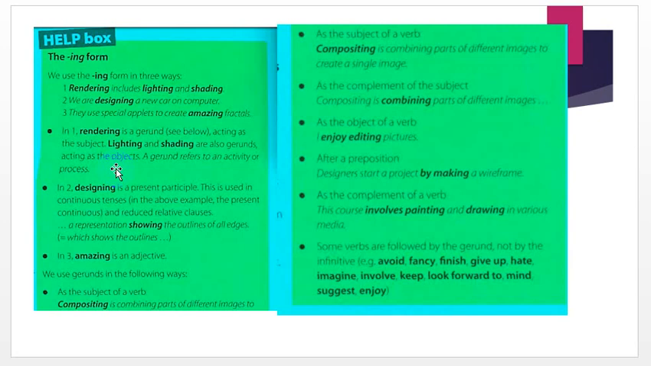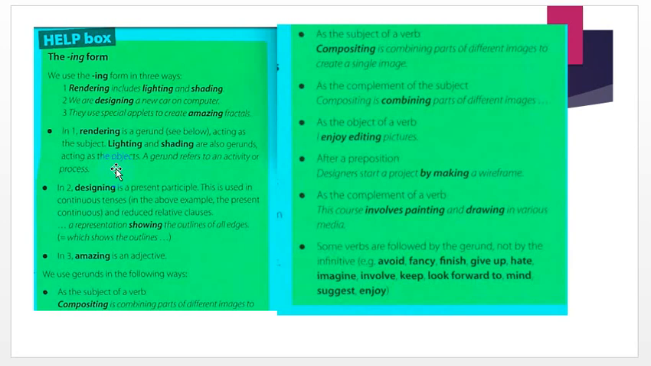This is used in continuous tenses. In the above example, the present continuous and reduced relative clause. A presentation showing the outline of all ages, which shows the outline, it means. Okay, in 3, amazing is an adjective. We use gerund in the following uses: as the subject of a verb. Compositing is a combination of parts of different images. Okay, as the subject of a verb, compositing is the combination of parts of different images to create